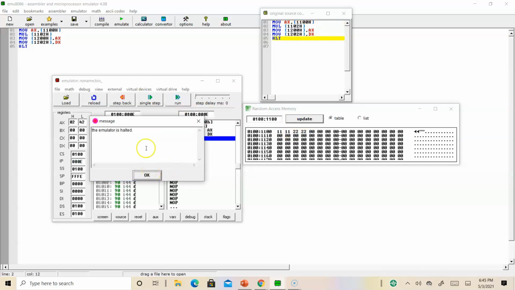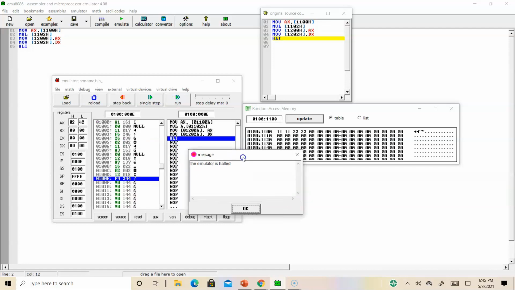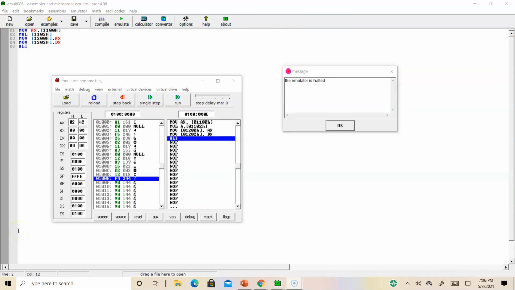Yeah, it is executed. See here, my expected result is 8642 in the AX register and 0242 in the DX register, but I am not getting so. Why? Because when I give direct addressing, by default it will take only one memory location, that is 1102.